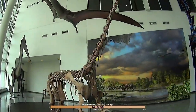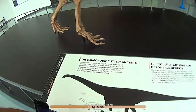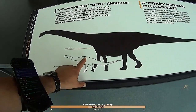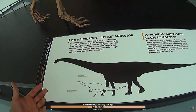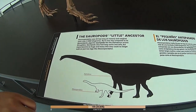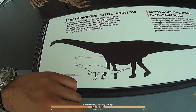And one of the first of the larger dinosaurs here is Massospondylus. So this is what we used to call a prosauropod. So these guys eventually evolve into these guys, the big, fully quadrupedal, super massive terrestrial plant-eating dinosaurs like that. But it takes them a while to get there. And